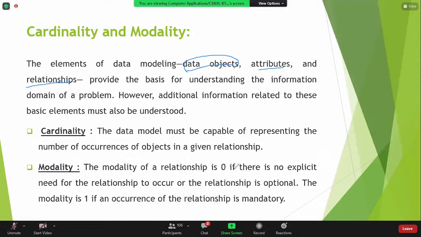A data model must be capable of representing the number of occurrences of objects. Here we just said what the data objects are. This cardinality additional information deals with how many times my object has to occur in the given relationship. This is about cardinality. Modality means